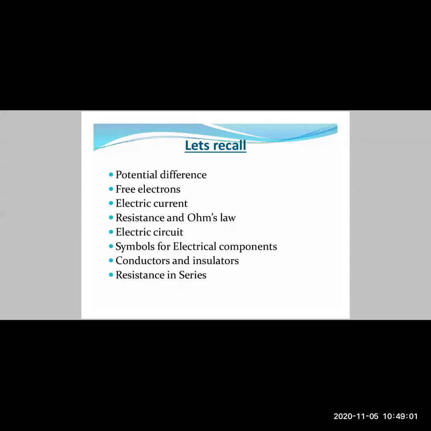Then in the previous class, we saw the concept of resistors in series, the combination in which resistors are arranged in series. When resistors are connected end on end in a straight line, they are said to be connected in series. Then we saw the formula for effective resistance, Rs equals R1 plus R2 plus R3, all the way up to n number of resistors, that is Rn.